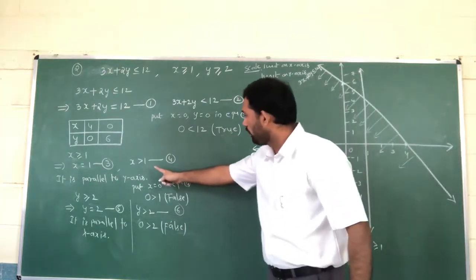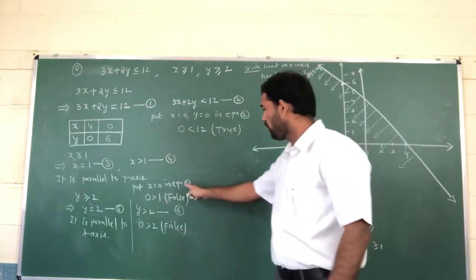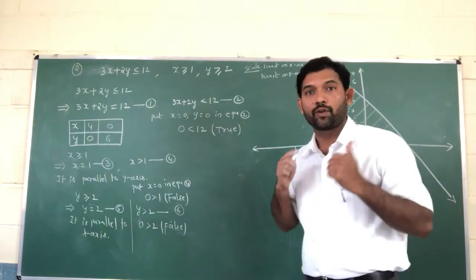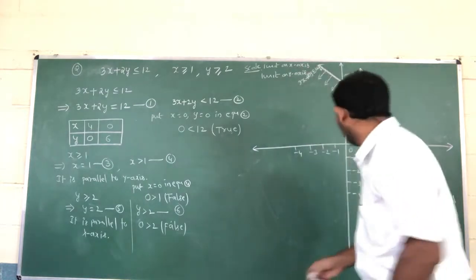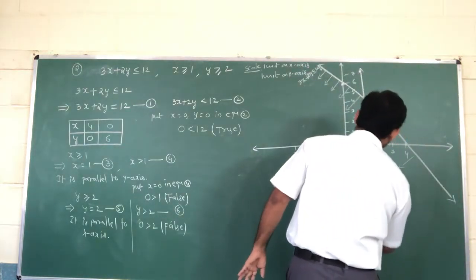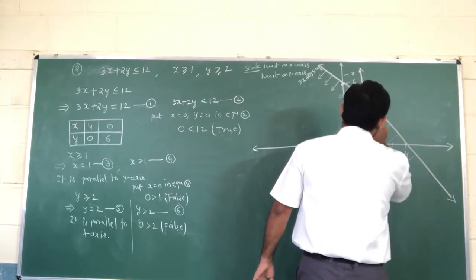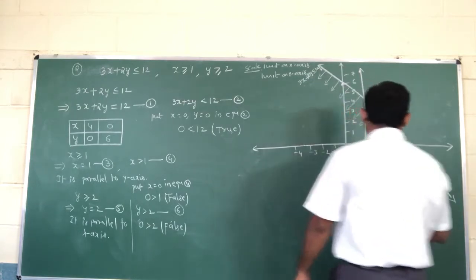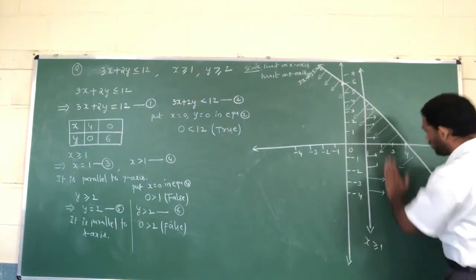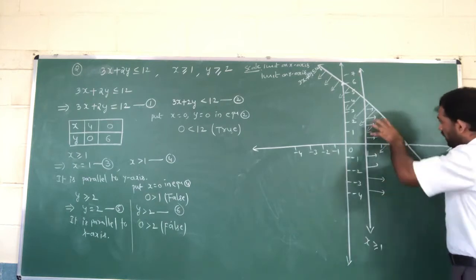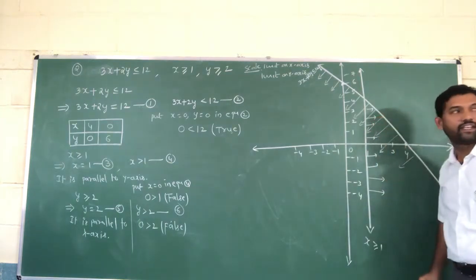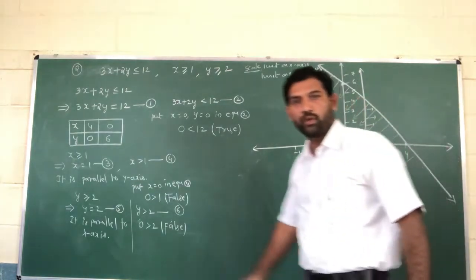So see, put x equal to 0 in equation number 4. 0 greater than 1. Is it true or false? It is a false condition. False condition means we have to shade this side, line above. Just for identification purposes I am putting an arrow, which means the solution is this side. You can see these two graphs intersect here.